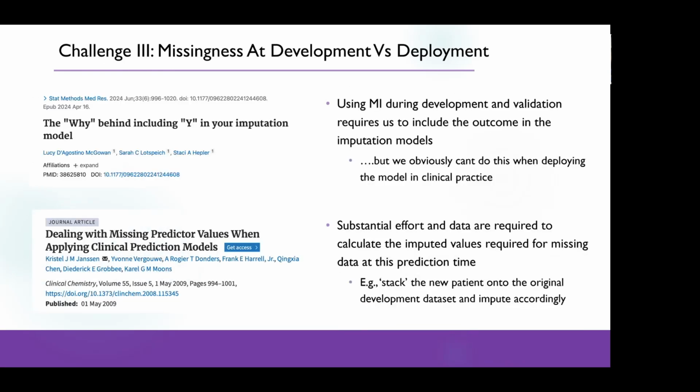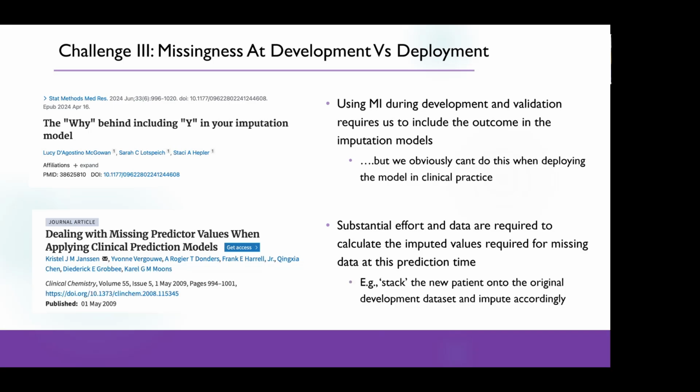The final challenge that I'll touch on is a more practical one. The way in which multiple imputation works is that you have to include the outcome in your imputation model for all of the other predictors. There's a whole heap of theory that I won't touch on that covers that. This paper at the top by Lucy is a fantastic example of illustrating why that is. But if we just take that as read and say that we need our outcome in the imputation models,